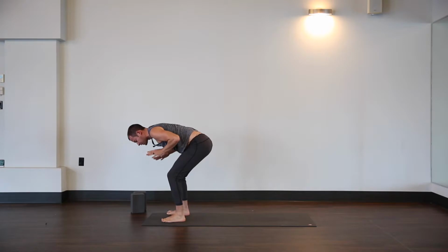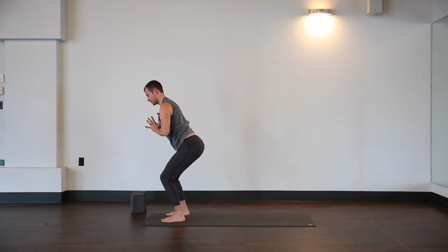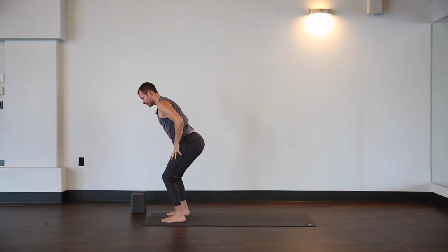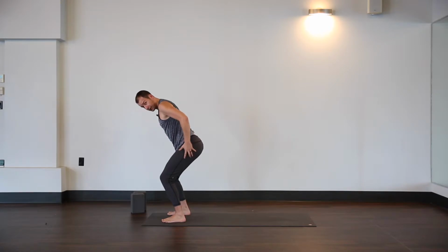Utkatasana, chair pose, feet hip width distance. Just bring your hands to heart center for this. Don't worry about the arms. We're focusing on the hips and the legs today, so don't worry about the shoulders. Press the feet down, pull them away from each other. When you pull them away from each other, you feel your outer hips, your outer legs start to support the